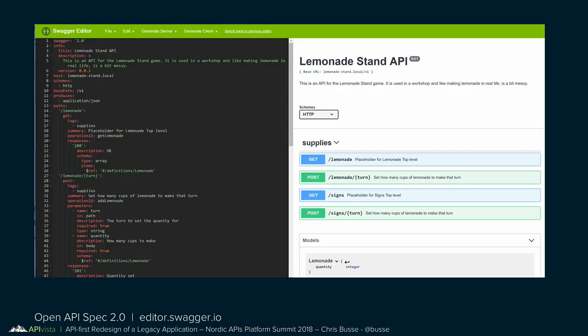And so I'll kind of give my example here as like, all right, well, my group worked on this, and we saw while we were getting the lemonade that as we advanced through the game, there were sort of these turns in the game. So I needed to post to a turn how many cups of lemonade to make that turn, and post to signs, or really how many signs to buy and post up in the neighborhood on that turn. And so we kind of put that out there, and that kind of resonates.